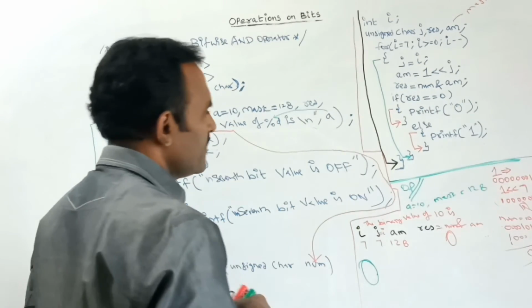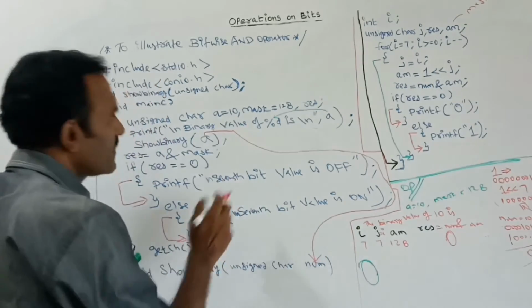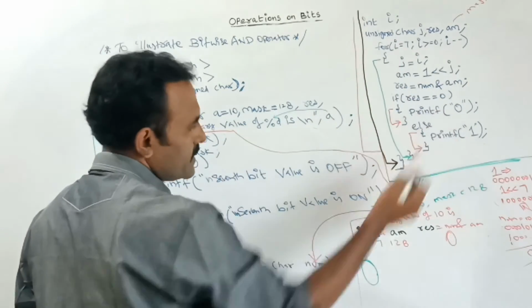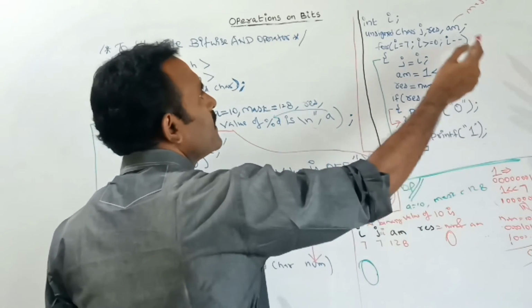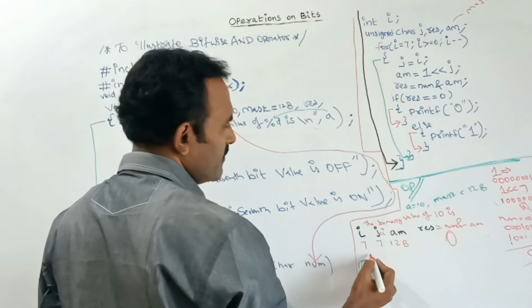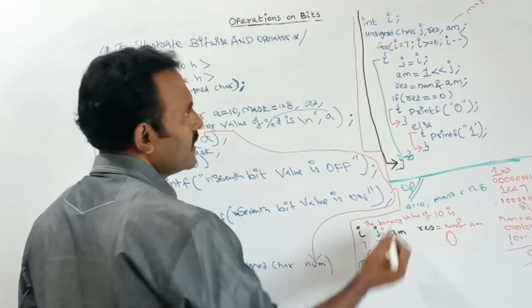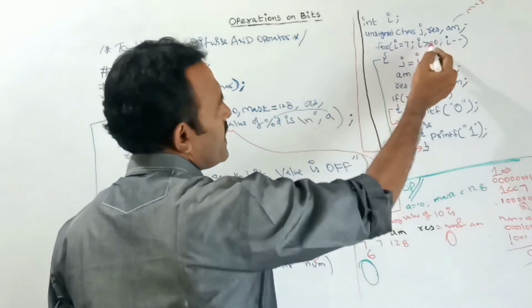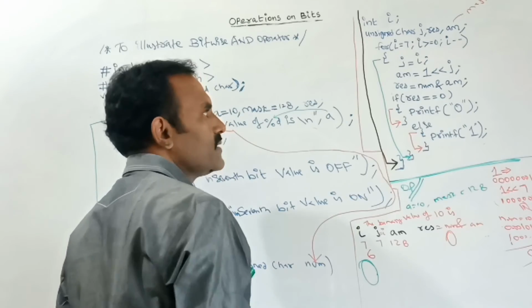Next, in same way, the iteration I will be, after completing this one, after printing this 0, next the loop had not completed. Again the I will be decremented and it will check the condition. See, I will be decremented means for 7 will become it as 6 and we will check the condition. 6 is greater than 0. So once the condition is true, again it will repeat the same process.